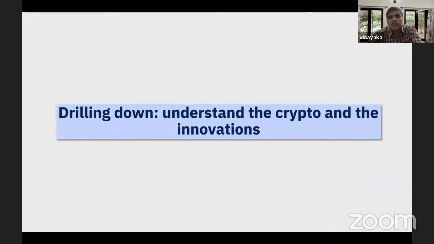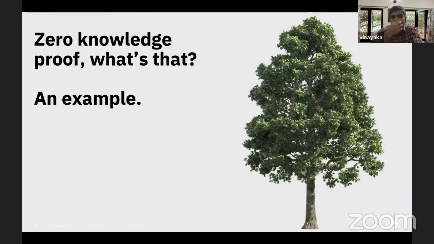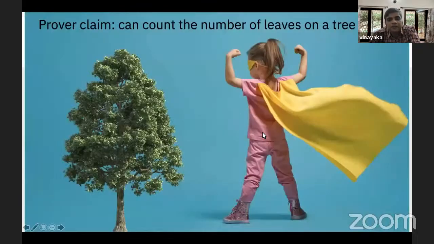Okay, so zero knowledge proofs. This is going to be fun. Just play this with me. What's an example of a zero knowledge proof? So here is a tree, and the knowledge here is going to be an ability of somebody to count the number of leaves in this tree. It's a very hard task, right? Everyone knows that it's a very hard task. So if there is somebody who claims that, look, I can count the number of leaves in a tree,